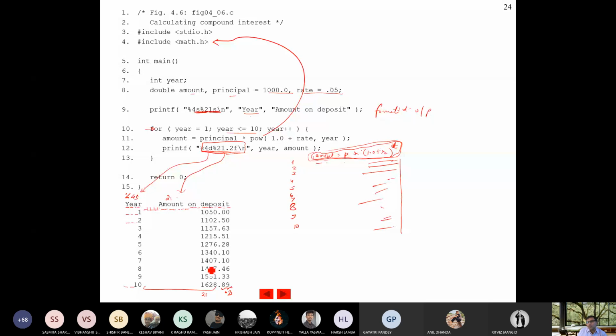And this is known as format. This f is format. So this is how you can beautify the output. You must be very sure how you write the output and how it will come. If I write something else instead of %4d, or something else instead of %21.2f, it will give you a different output. So I will show you what is the meaning of format.